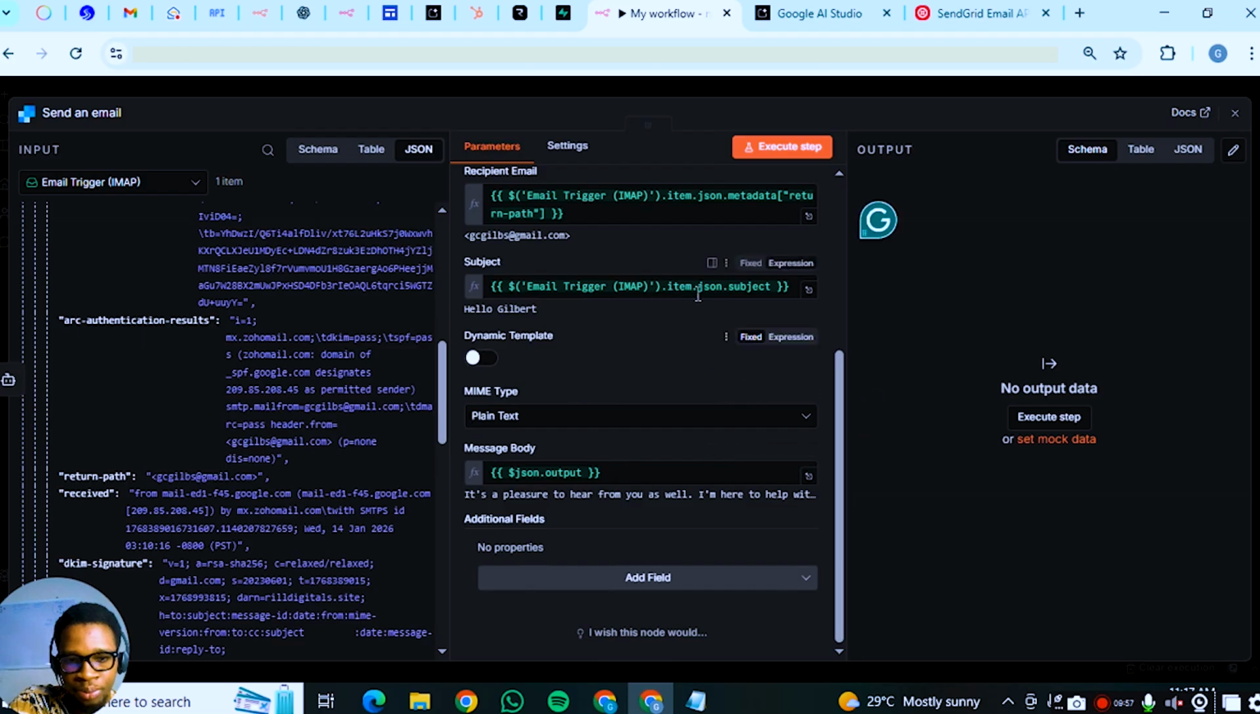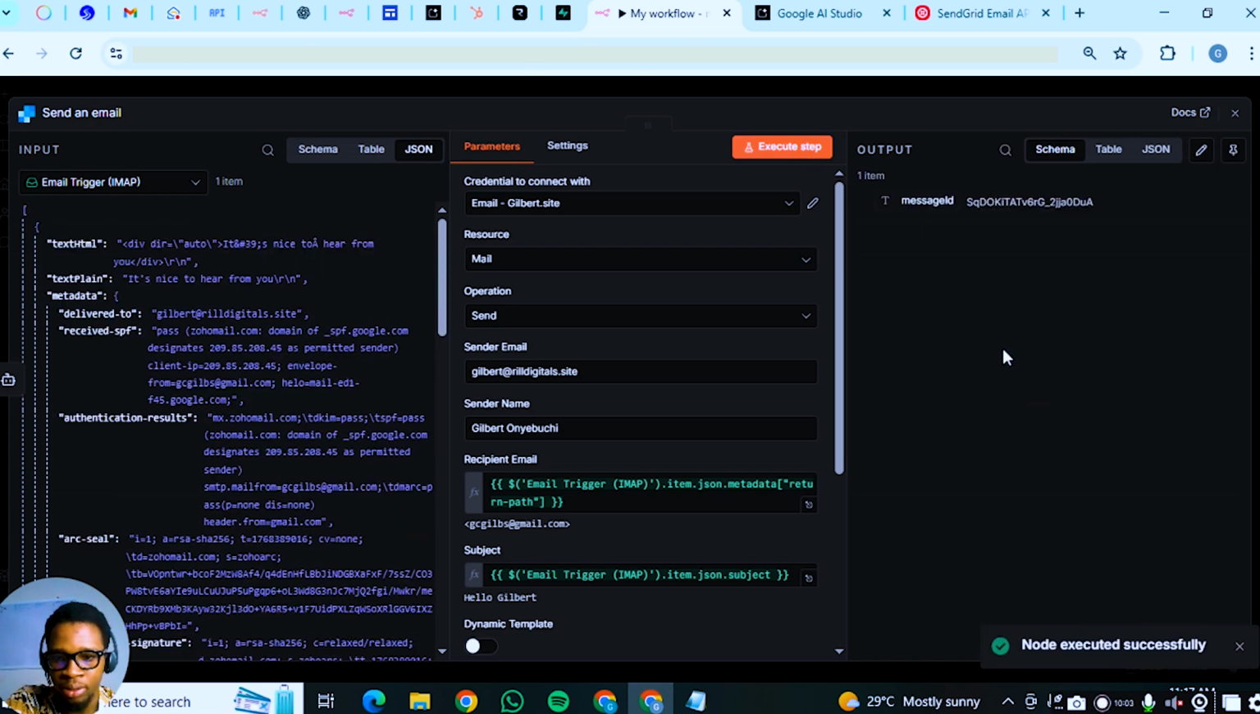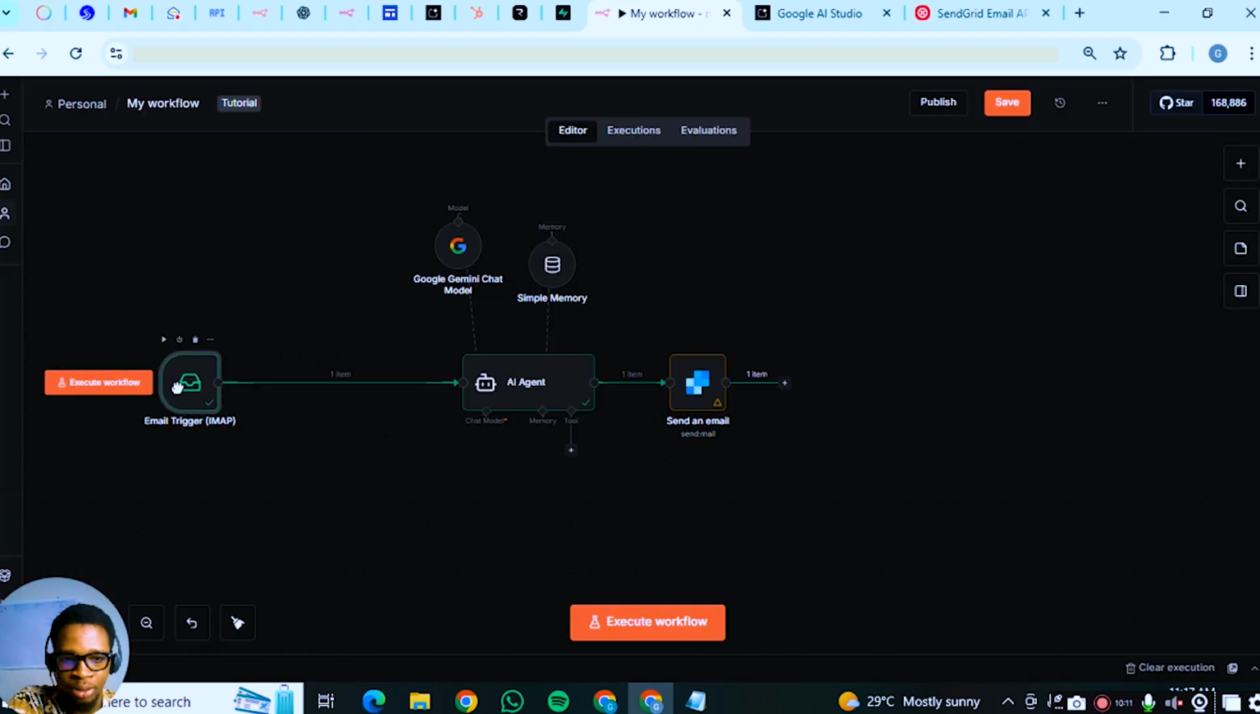So everything is all set. Okay, let's execute. Let's know if it's going to run. So yeah, done. So if you want to make it a bit more complex, and to make it more industrial